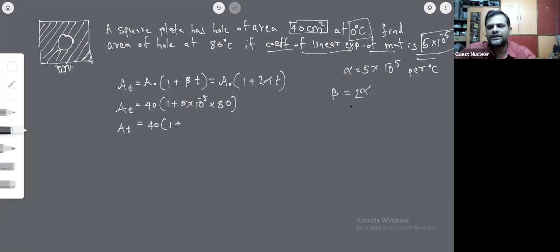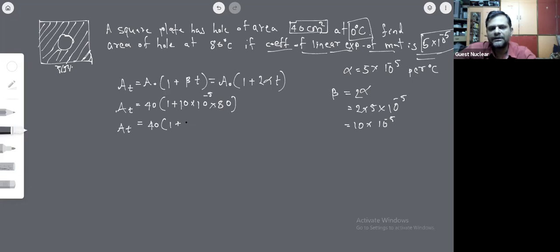So if we double this, we will get beta. Accordingly, 2 into 5 into 10 raised to minus 5 will actually come out to be 10 into 10 raised to minus 5. So we can just have this replaced here. Here we have to put the value of beta, not alpha. Okay, so what will we get in the next step? Look carefully. If we put the value of beta here, which is 10 into 10 raised to minus 5, and then multiplied by temperature 80 degrees Celsius, then